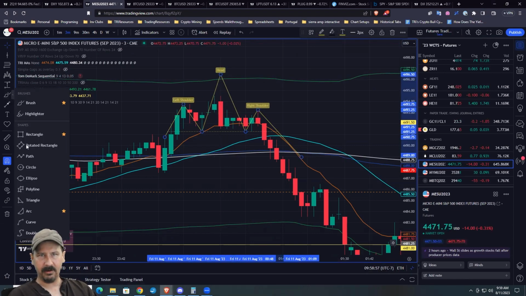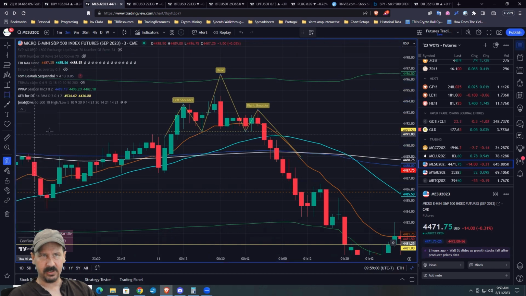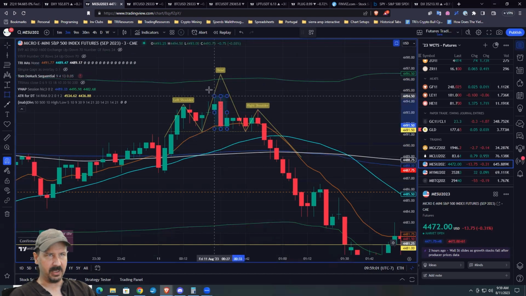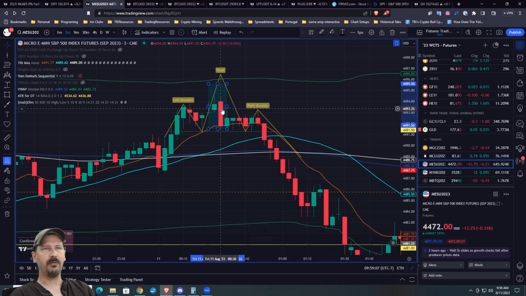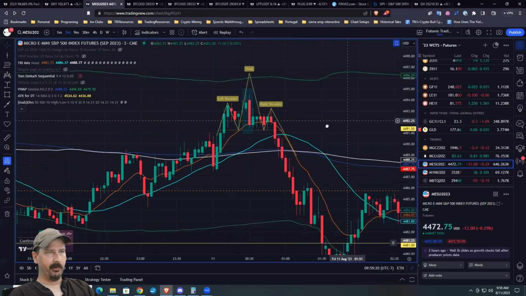So quite literally, this is your institutional fingerprint, the bar that made the high plus the preceding bar. Let's see what we got here. That's 94.50, 94.50. So we can use both of these. That one doesn't really matter. That's your top right there. Bang. And so what did they do?